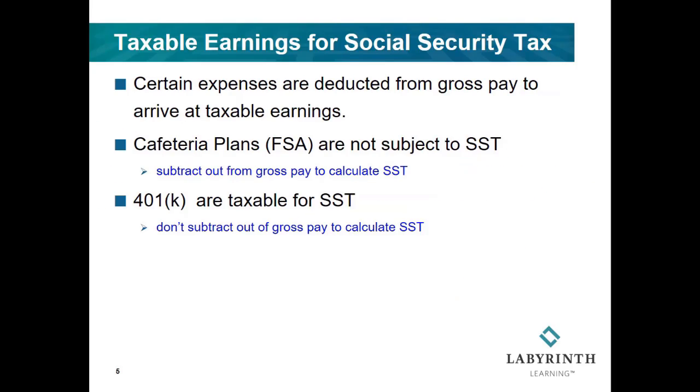Taxable earnings for Social Security tax. To calculate the Social Security tax, we must know the gross pay that's taxable for Social Security. In other words, the gross pay that is subject to the Social Security tax. Cafeteria plans are not subject to Social Security tax, so any amounts contributed to the cafeteria plans are excluded or taken out of taxable pay for the Social Security. 401k are subject to Social Security tax, so we do not exclude the amount that is contributed to the 401k